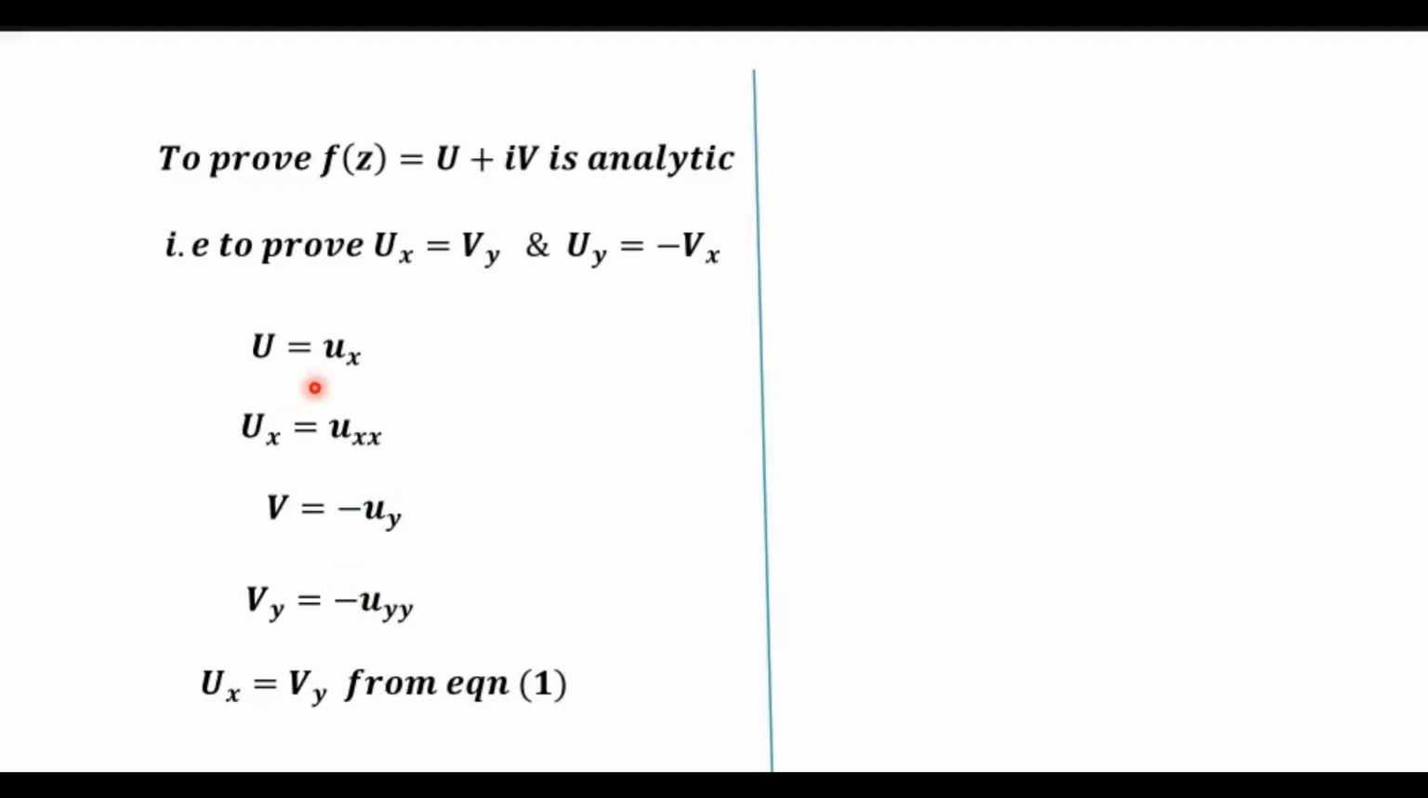Now calculate Uy and Vx. So Uy will be uxy, differentiating ux partially with respect to y. Similarly, V is minus uy, so Vx will become minus uyx. Now are they equal, uxy and uyx? Dou square u